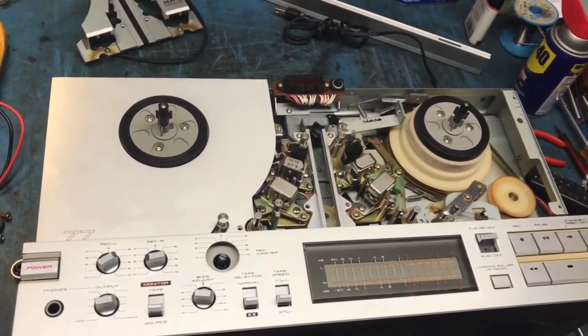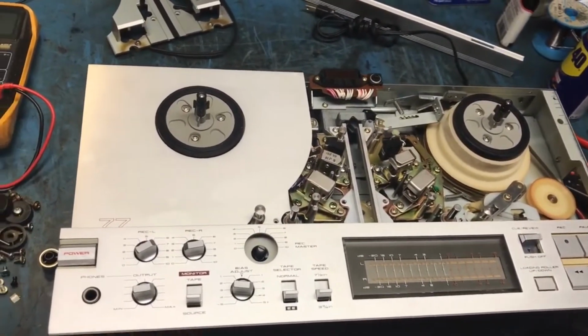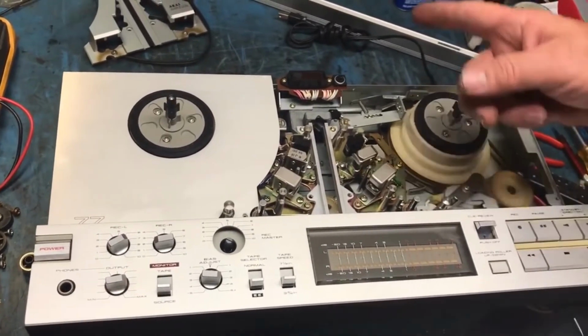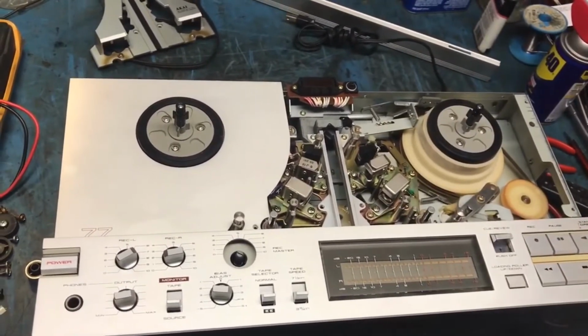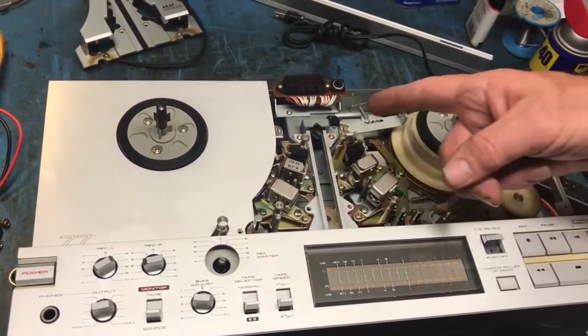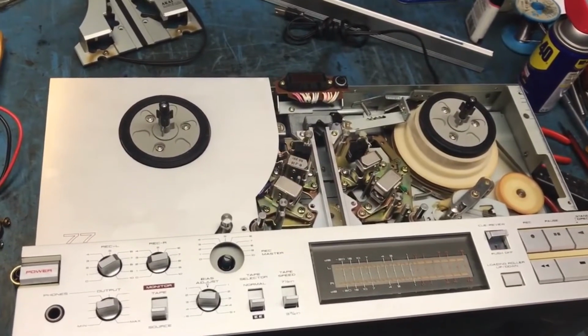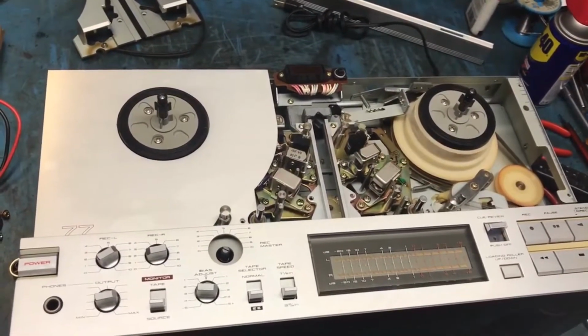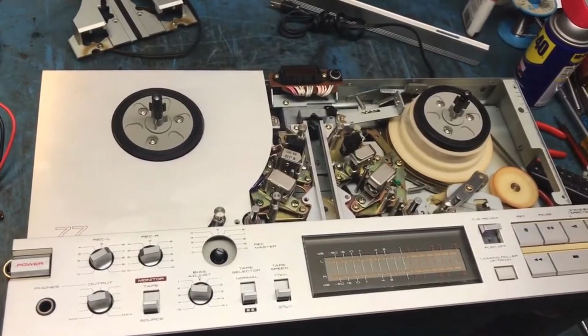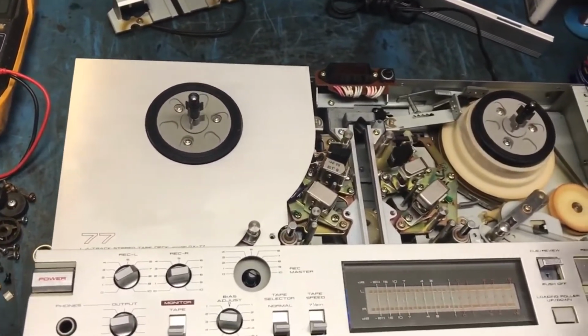The '80s. It was a big deal back then. It was a big deal. Six heads, record and playback in both directions. Very nice. But there's the Achilles heel right there. That, and it's hard to work on. I don't want to change the belts even if you ask, because the belts are hell to get to. It's bad enough cleaning the linkages where the pinch rollers pop up. And you might break the pot metal if you...